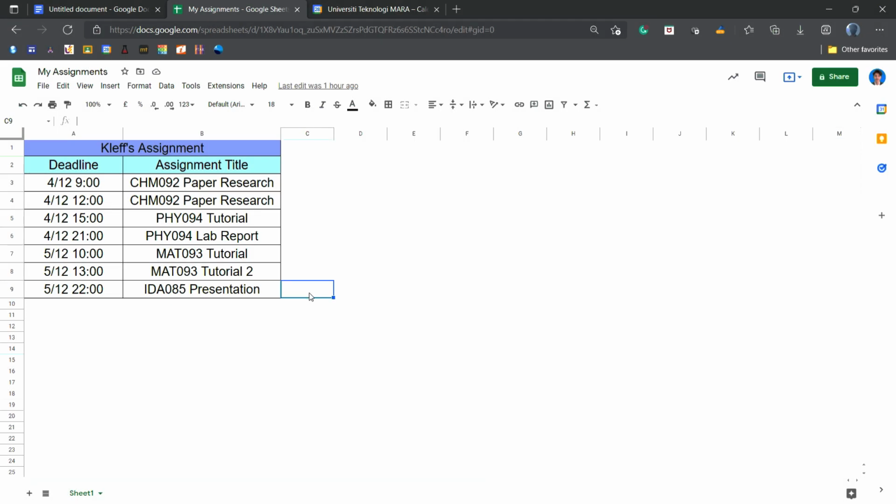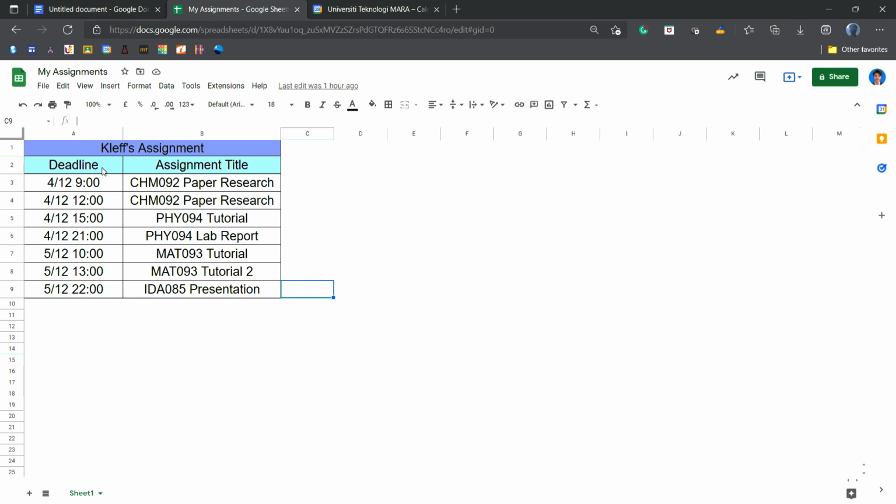If you have your list of assignment deadlines already, then good, you're on the right track. But if you don't, then go ahead, open a blank spreadsheet on Google Sheets and create a table just like this one. That should be easy. But if you find it time consuming, then I will put the template link in the description section down below.